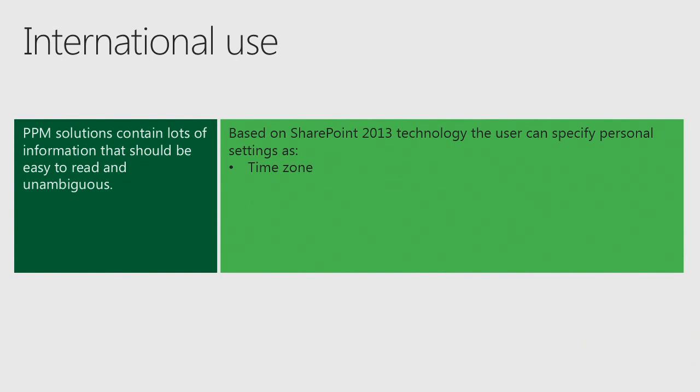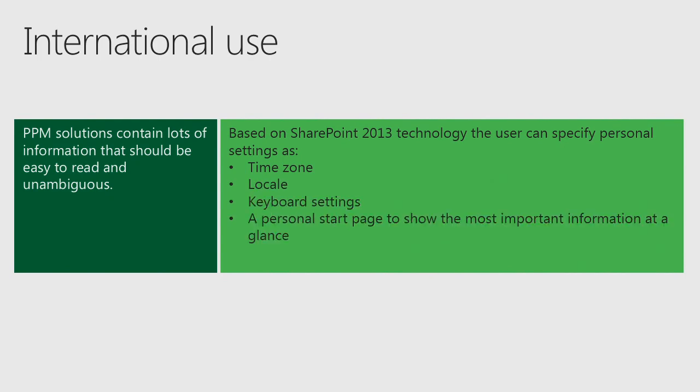They can pick their own time zone, so they always see the right date and the right date format. They can pick the locale they want to use, keyboard settings, and the personal start page to show the most important information at a glance, which really is another benefit that we see a lot with Project Online, because users, even with a company portal, access Project Server there and see all the information there, but still they'd like to be able to tweak it,